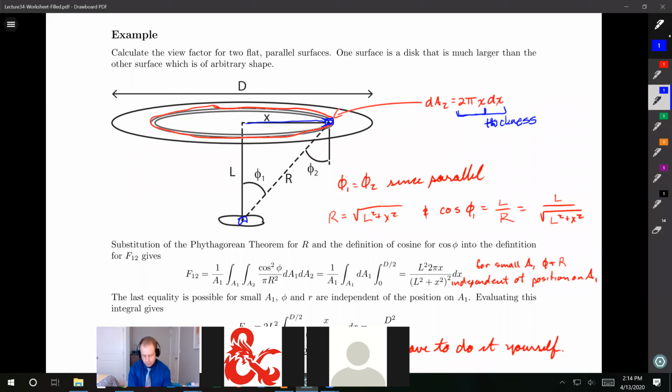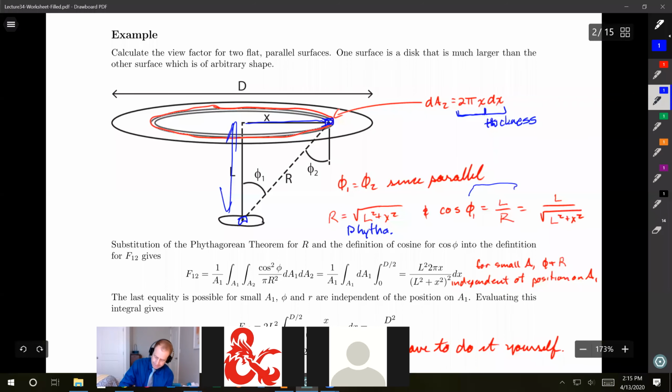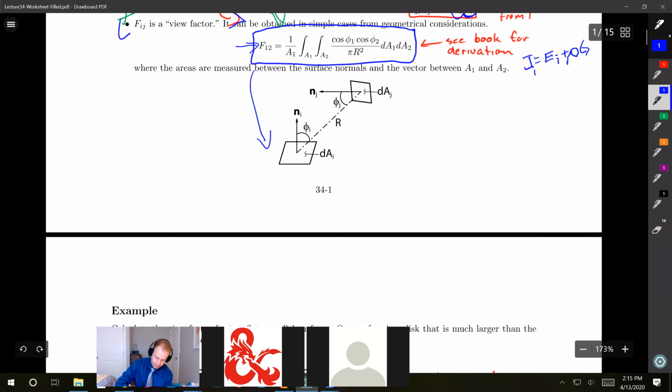You can see I got theta 1, theta 2. I can define, this is just Pythagorean theorem, that I can get from the vertical distance and the horizontal distance in the x, and then I can get an r, the distance between these two bodies. I can just use normal trig to say this is adjacent over hypotenuse, and the hypotenuse is r, so I sub that in here. And then I'm going to start subbing in this theta all the way up into this integral here,